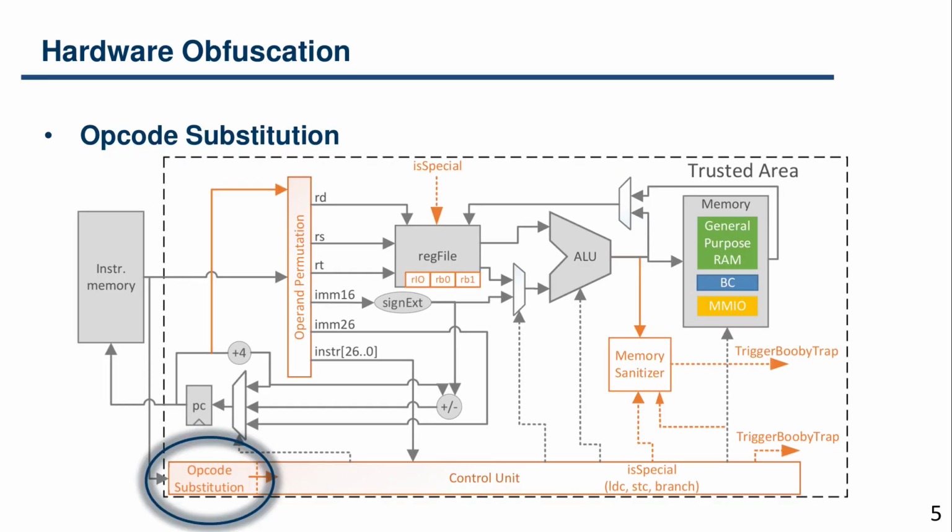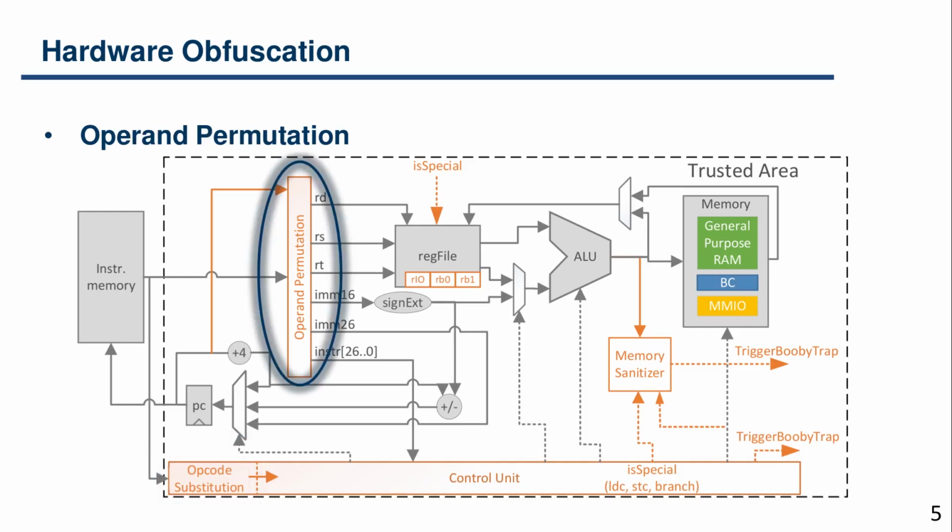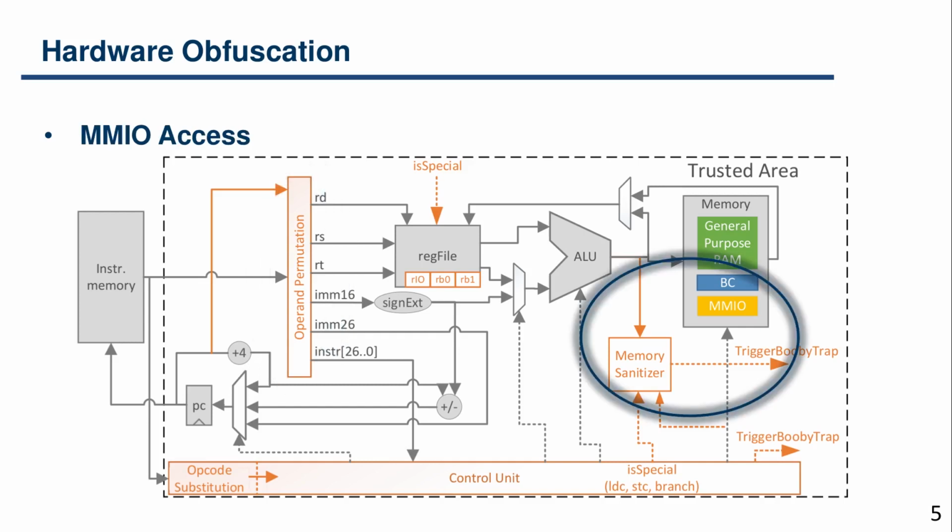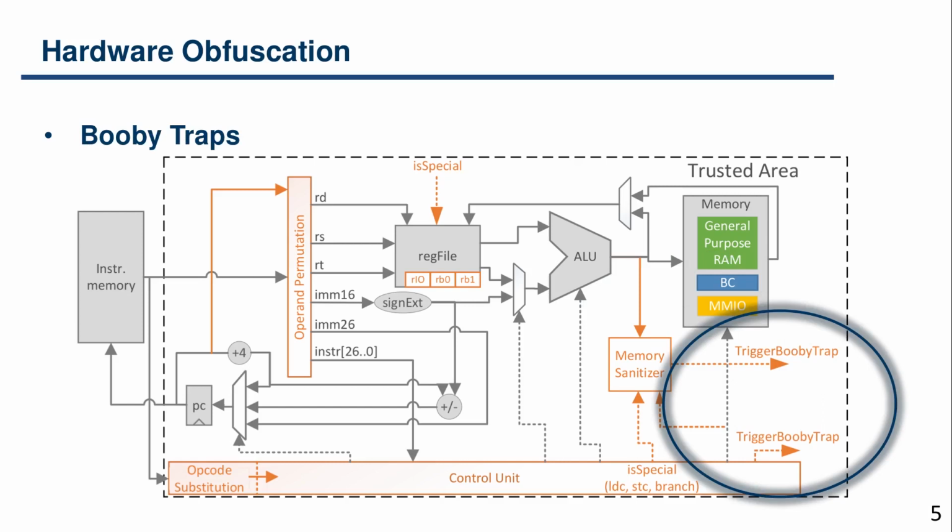We now sketch the different hardware-level obfuscation techniques that we implemented for a simple RISC processor. Note that we, at this stage, are using obfuscated instructions. As such, the first step is to substitute the opcodes with their original representation. The second step is to permute the operands to their original values as well. The third step involves mitigating attacks based on I/O instructions. To this end, we limit access to general-purpose RAM and register files to the I/O instructions. We enforce this limitation using a memory address sanitizer. The fourth step adds support for retrieving evidence of tampering for any invalid memory accesses or malformed operations.